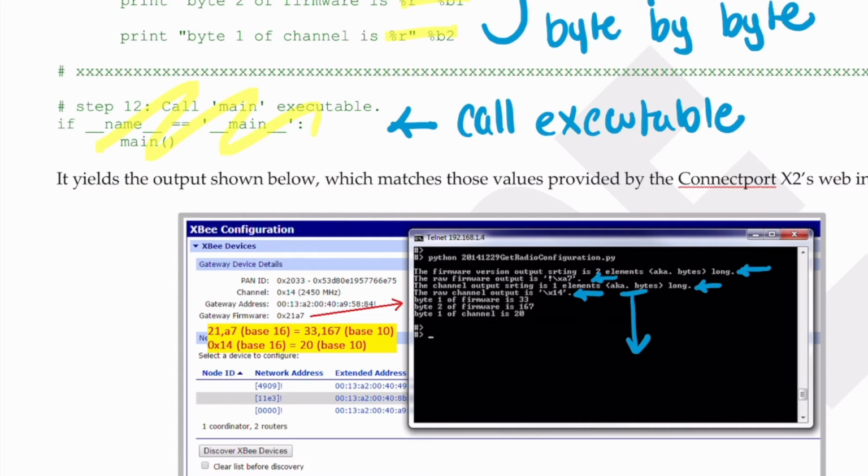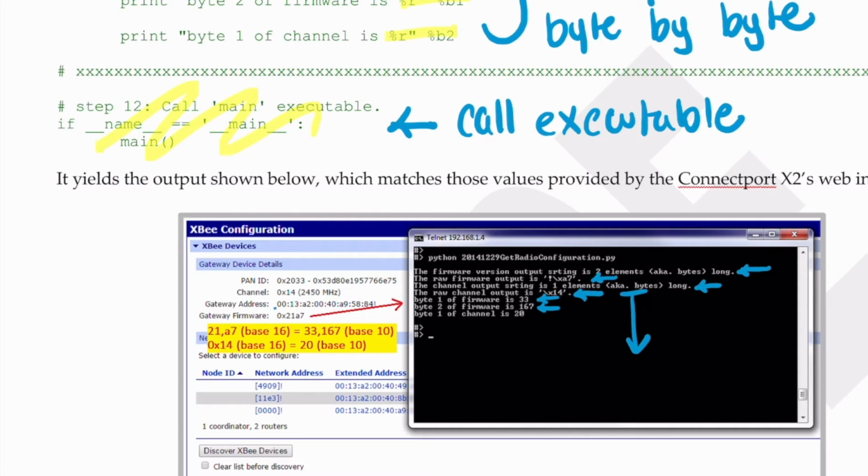This is our unpacked information. So now, these 2 statements, sorry, it's really small, byte 1 and byte 2 of our firmware returned. It takes the 2 bytes, separates them, and then we're converting them and displaying them as integers. And so what we see is the value it gives us is 33 and 167,